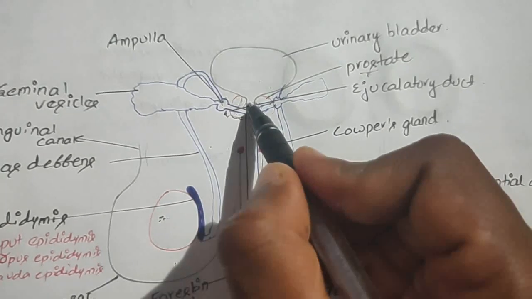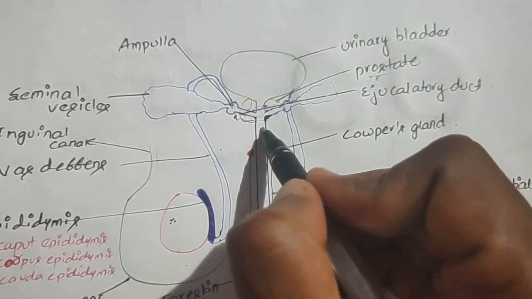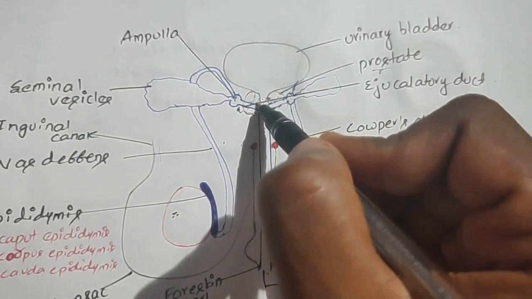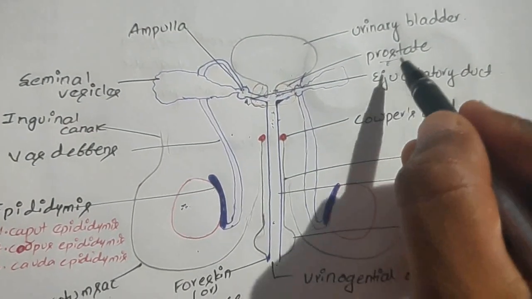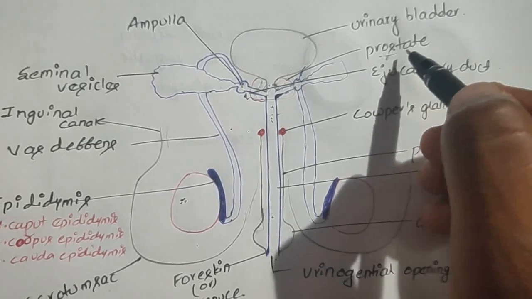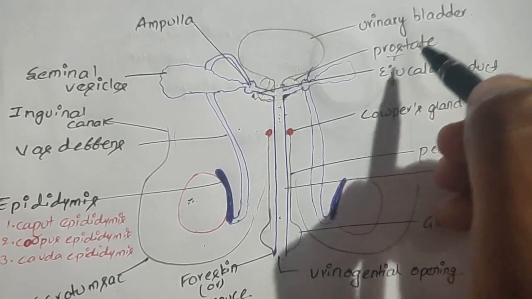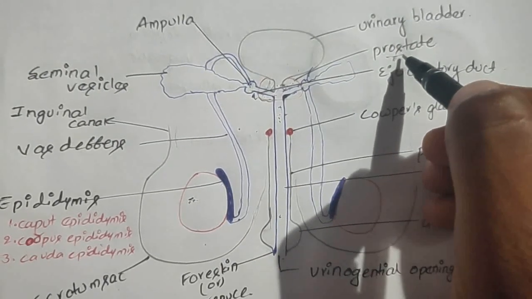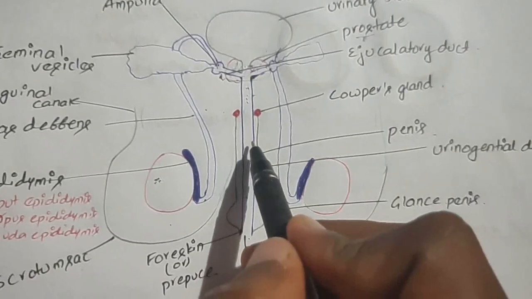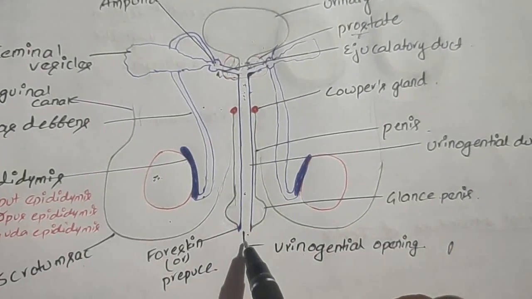Above this opening is the urethra, and this urethra carries only urine, and below this is the urogenital duct. And at this place from the back side is the prostate gland. This prostate gland secretes citric acid, lipids, etc. Because of the citric acid secreted by this prostate gland, the sperms can resist the acidic nature of the female reproductive tract. Now through this urogenital duct, both the sperms and the urine come and open